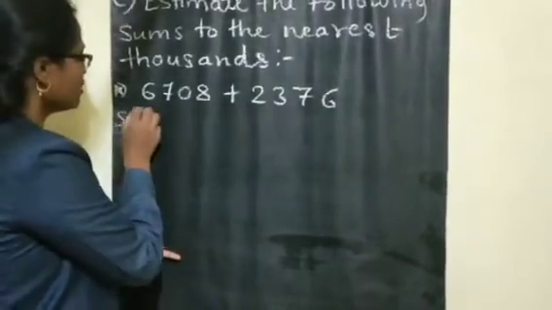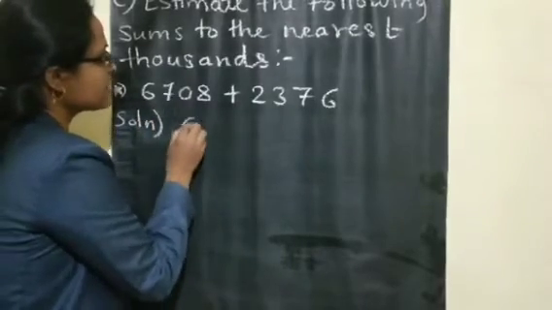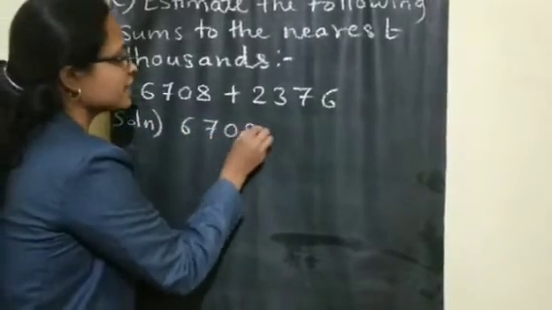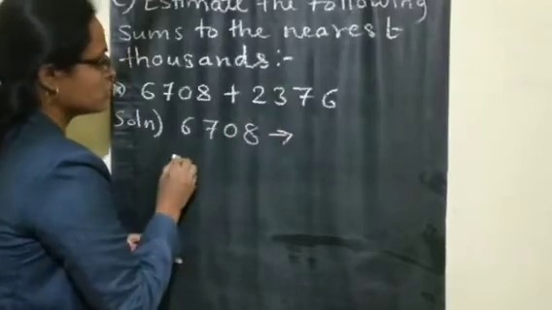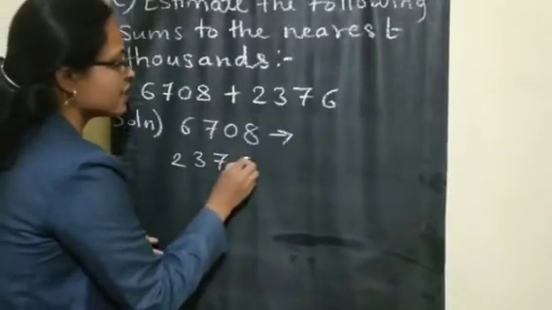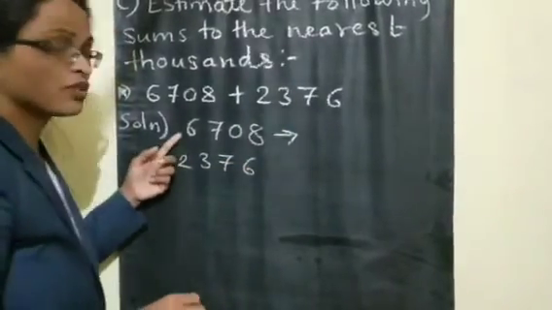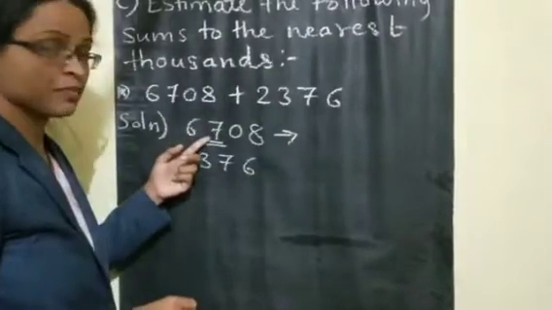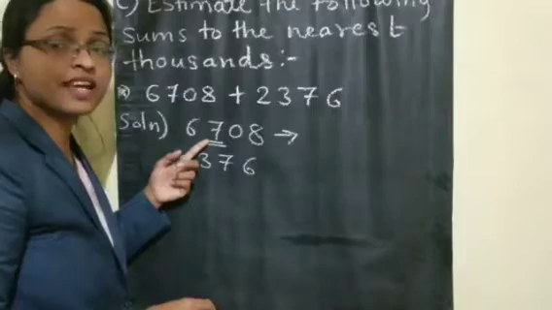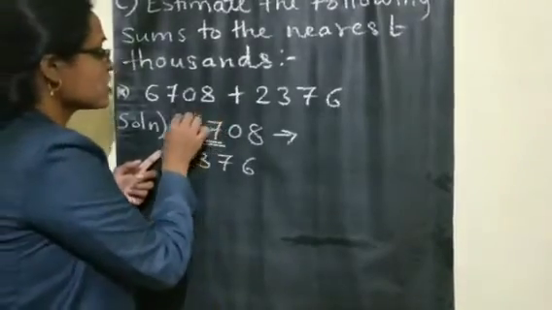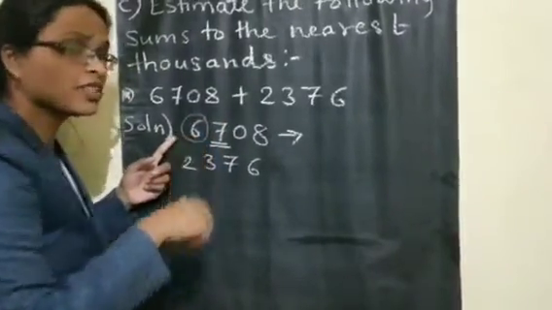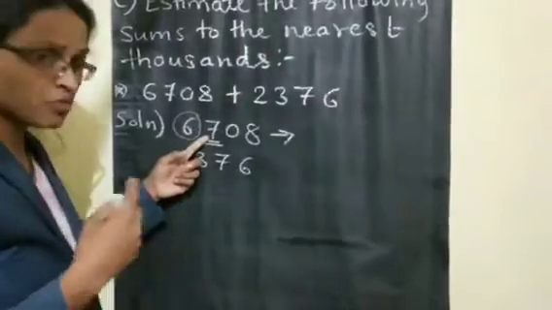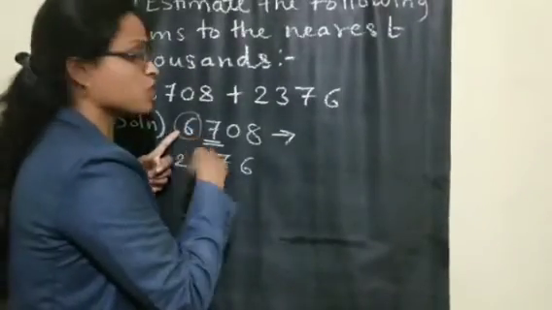So solution, take the number 6708 and 2376. Now we have to round off for the 1000 place, which means which number place we have to observe? The 100 place. Now in the 100 place here it is 7. So will the 1000 place change or remain the same? It will change because 7 is more than 5. So this 6000 will change to